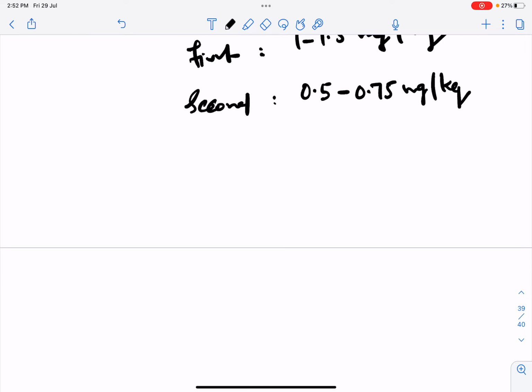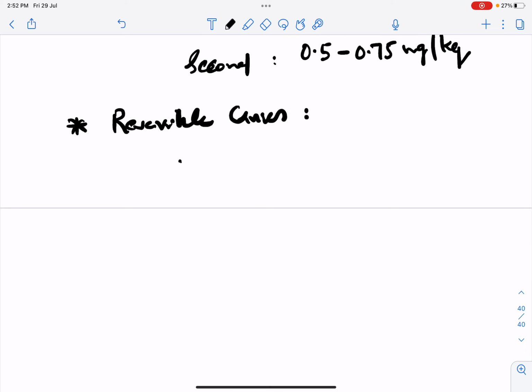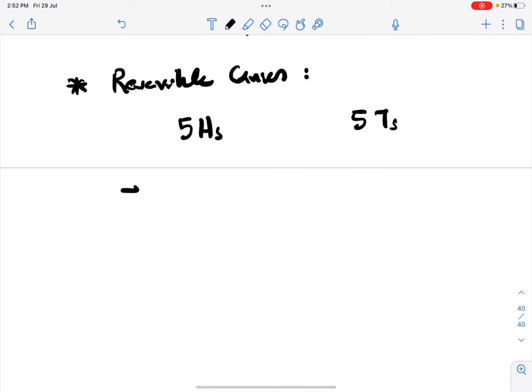Then there are certain reversible causes of cardiac arrest. You have to consider those causes also during the resuscitation, and if any cause is identified, you have to correct it. So what are the reversible causes of cardiac arrest? There is a mnemonic, the 5 H's and 5 T's. The H's are